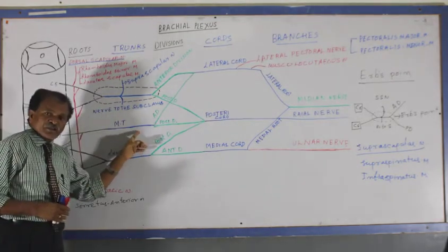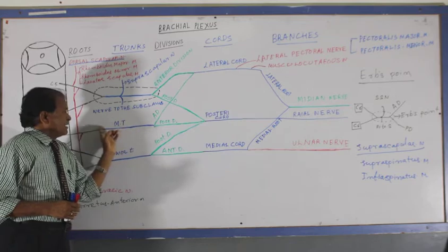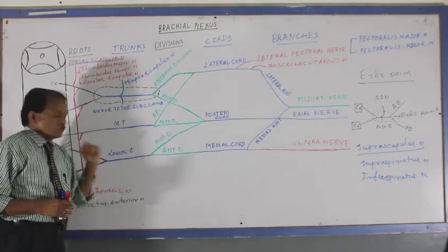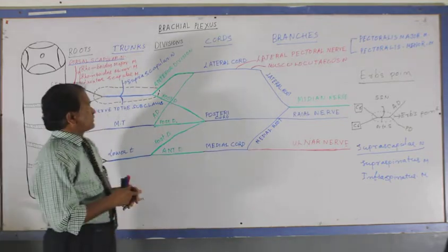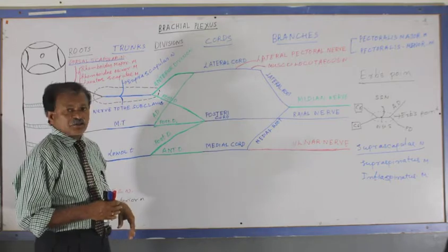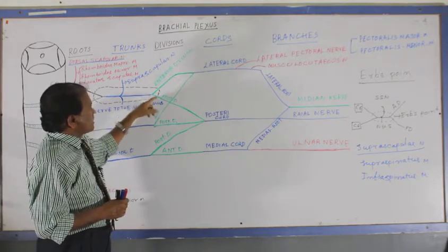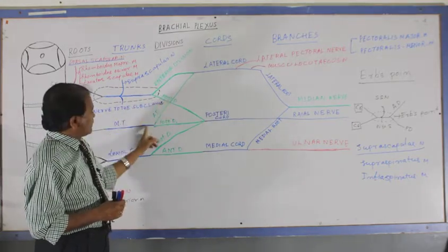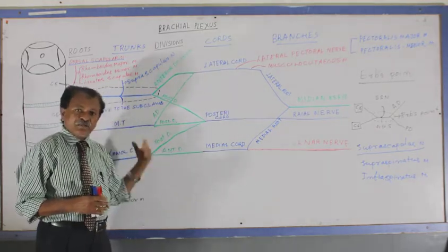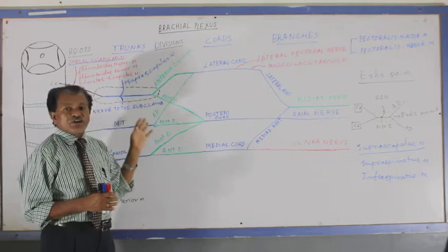There are no branches to the middle trunk and no branches to the lower trunk. And in the divisions, there are no branches. The upper trunk divisions, the middle trunk divisions, and the lower trunk anterior and posterior divisions give no branches, and